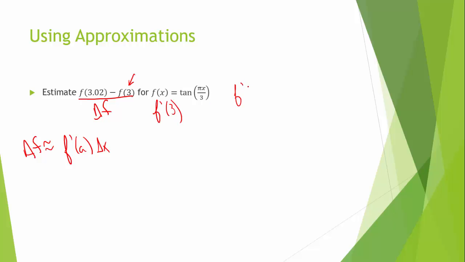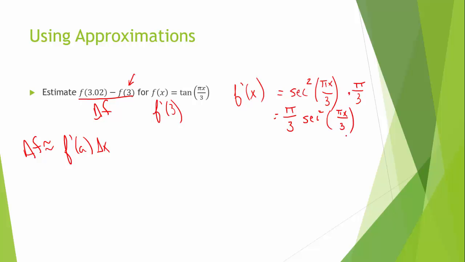So for starters, let's take f prime of x. All right, so I've got a trig function, so I got to go through my list of trigs. The derivative of tangent is going to be secant squared. So I'm going to do secant squared of the inside function, which is pi x over 3. But now notice, this is not just tangent of x. This is tangent of a function. So not only do I have to rewrite the tangent as secant squared, I have to multiply the whole shooting match by the derivative of pi x over 3, which will be just pi over 3. So the derivative at any point is pi over 3 times secant squared of pi x over 3,